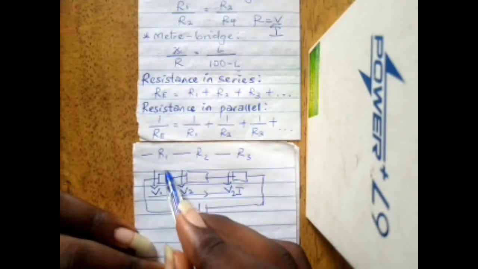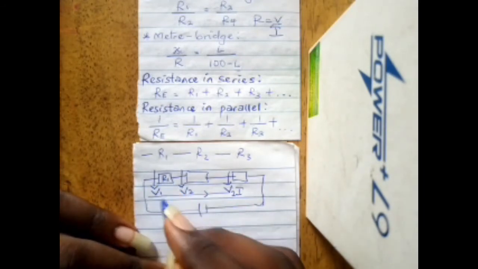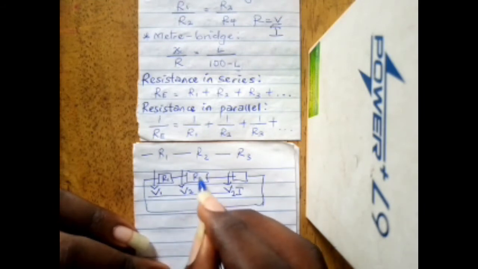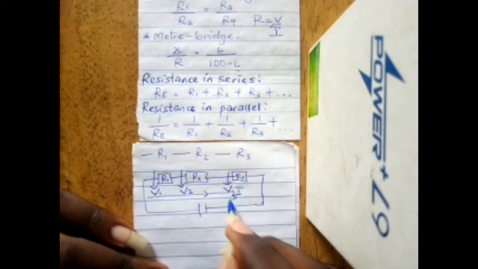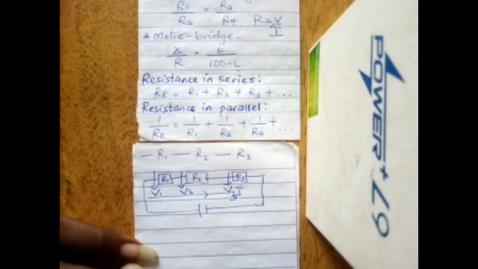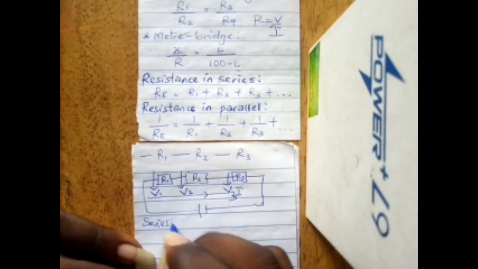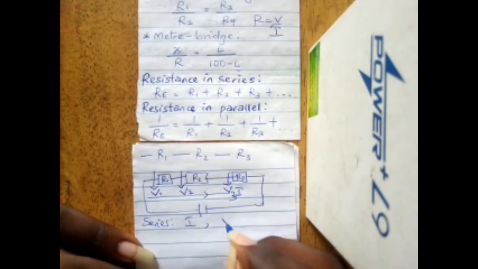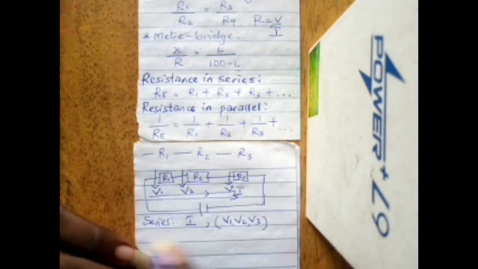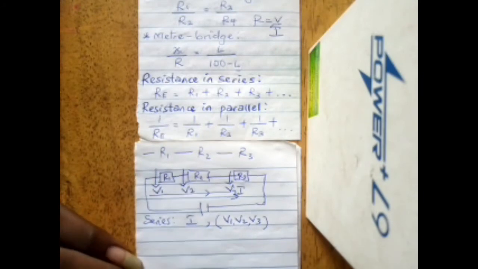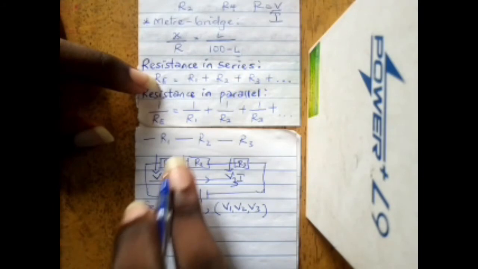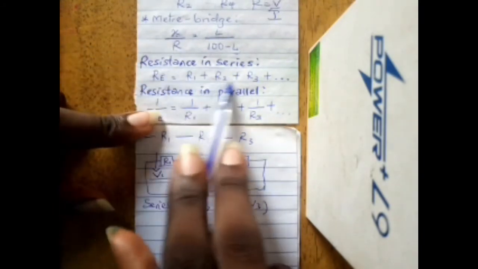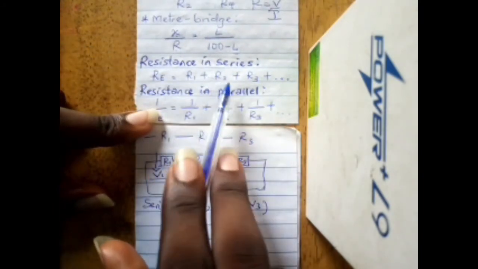So the potential difference for this first resistor is V1. The potential difference for this second is V2. For the third is V3. So when resistors are connected in series, you have the same current running through them, but you have different voltages. So to find our effective resistance, it's simply the sum of the resistances R1 plus R2 plus